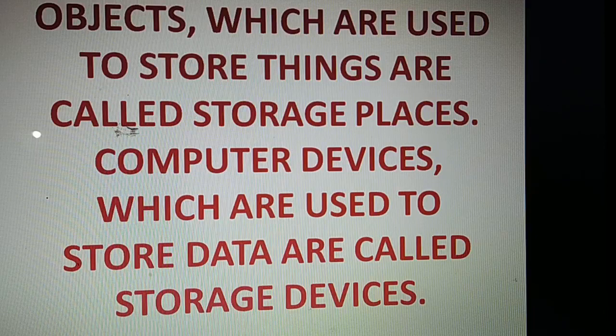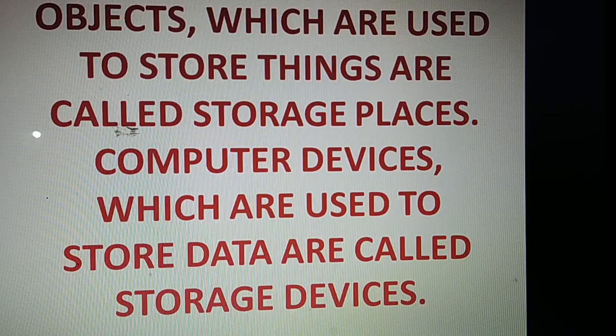In your previous chapter, I taught you many computer devices. In the computer parts chapter, I taught you monitor, keyboard, mouse, and CPU box are main parts of a computer. Then speaker, headphone, and printer are auxiliary parts of a computer system. Then we had discussed the devices which can store data. Today in this chapter we are going to discuss storage devices in detail.